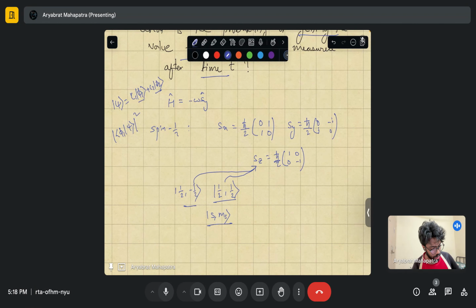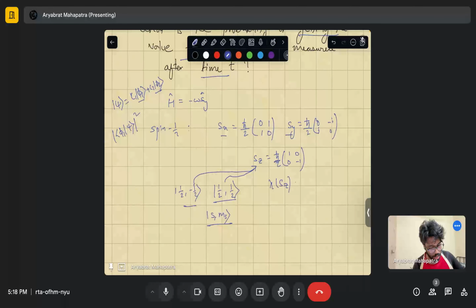Remember, these are only eigenstates of the Sz operator, not Sx or Sy. If you calculate the eigenvectors and eigenvalues for this 2 by 2 Sz matrix, the eigenvalues, which I denote as lambda, are